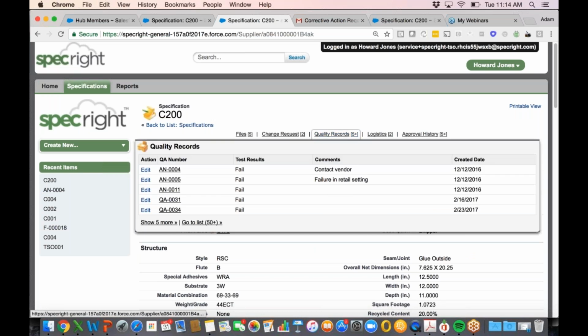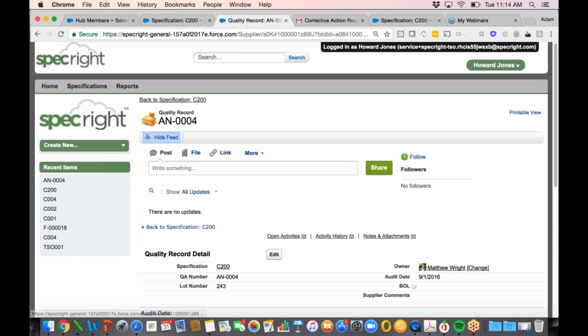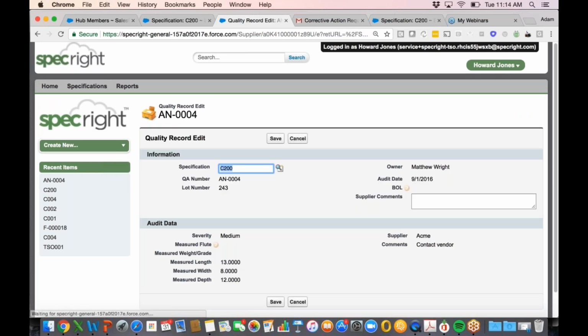and I go specifically to a quality record, as the supplier, I don't have the ability to edit any of these details of the actual audit, but I could add comments. So whatever my reasoning is as to what was a failure or what was right or incorrect, they could add any comments. And then you can obviously take the dialogue offline if desired,